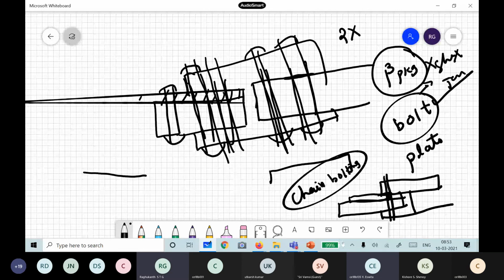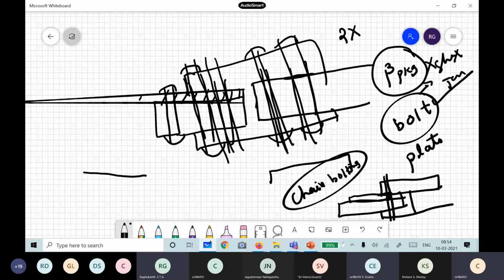See, in the problem she has already given the figure below. Yes, sir. And end distances are given. So what you have to do: if you are on chain bolting, say 15 means you take 16. Okay, sir, 8 in each row. 8 in each row you can put, and then you can calculate the tensile area, net area, as we discussed today, (B minus n d_h) times t. Use that formula to calculate the strength of the plate.